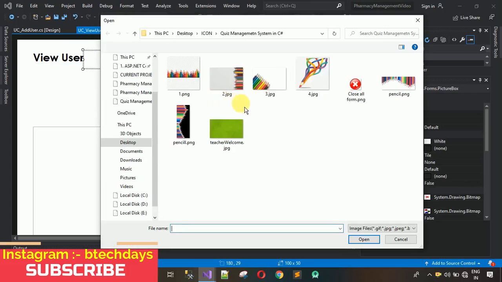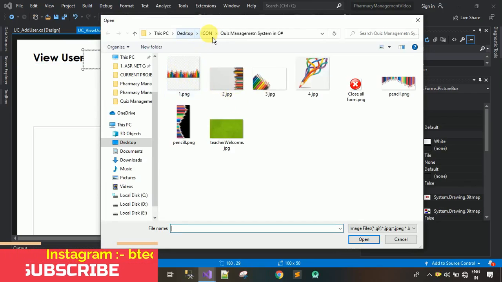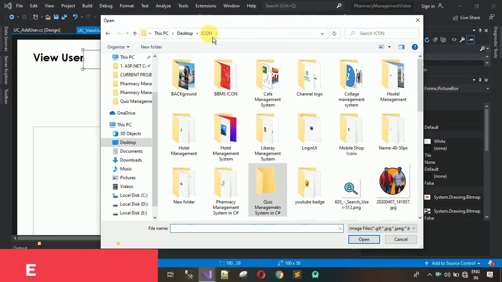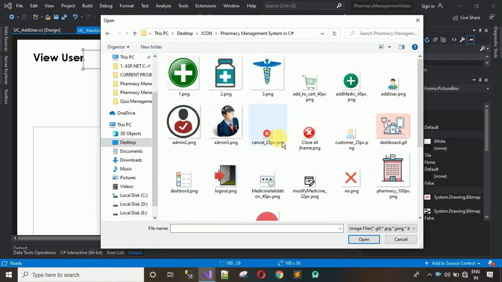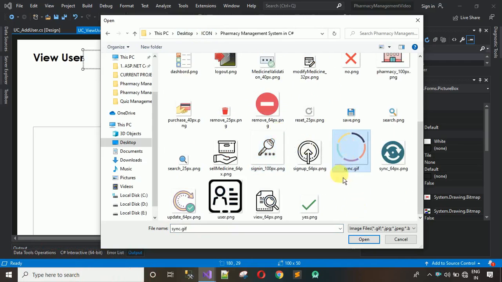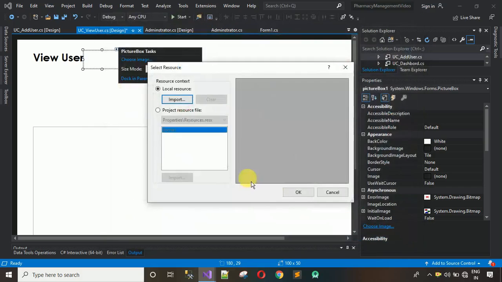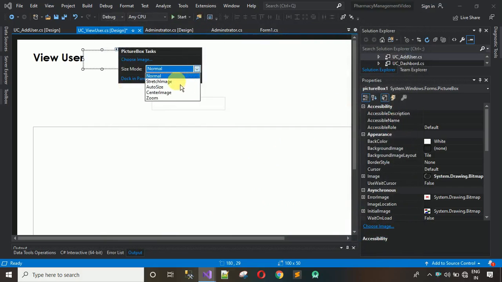I have provided all the image links in the description, so you have to just download that and start coding with me. So we have to just use this one, sync GIF, and click on OK, stretch image,